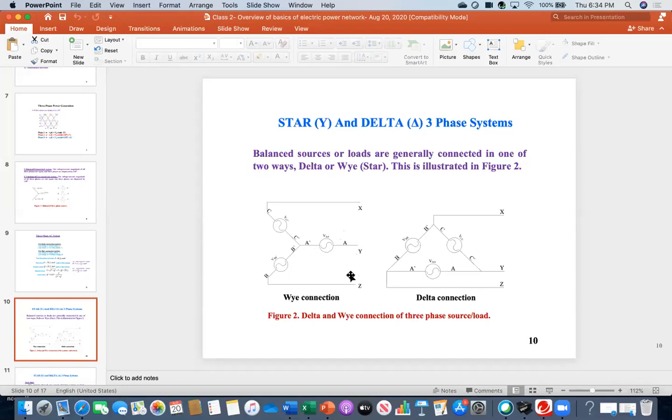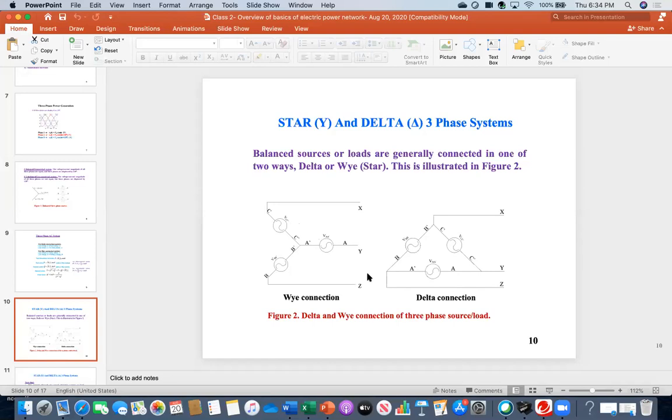Now, what is the advantage or relative disadvantage of each? So let's have a look. Everybody see, it has a common point, this point. So at this point, you can connect a neutral line. So therefore, this is a three-phase system, A phase, B phase, C phase. But at the common point, you can connect a neutral line, which you need to finally connect to the grounding